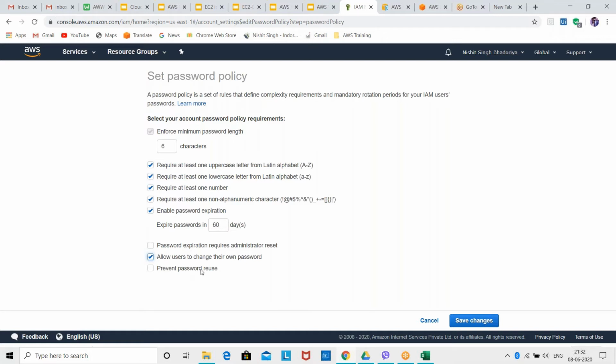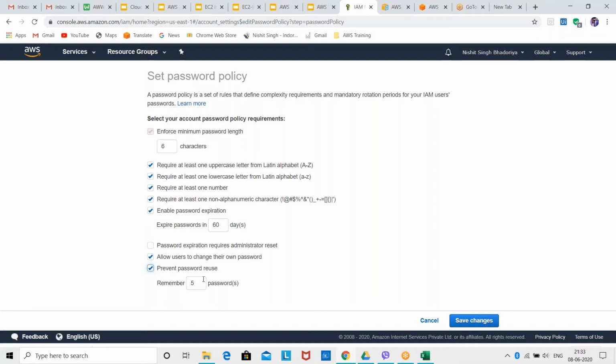Prevent password reuse. So yeah, say you have created a password, and after a span of like two to three times you have changed the password, and you don't have any idea to create a new password, so you are trying to enter the same password which you created at the beginning. If you want to prevent password reuse, you can click on this also. Remember 5 passwords, like how many previous passwords you want AWS to remember, the list of those 5 passwords.